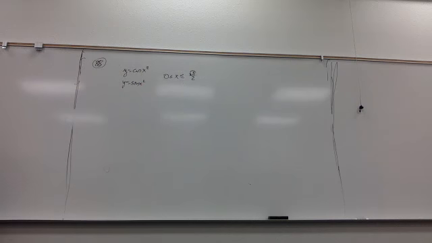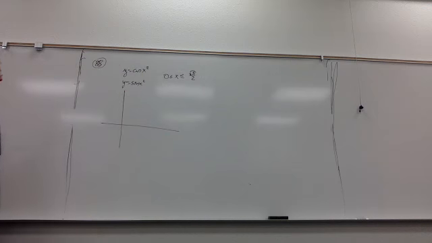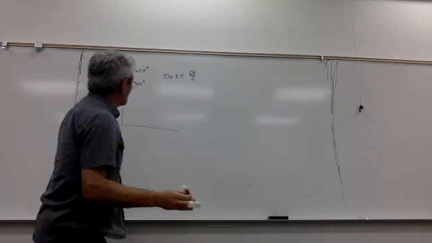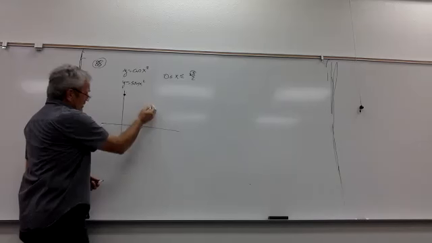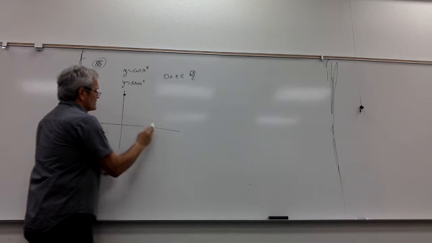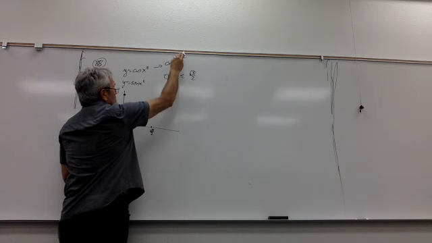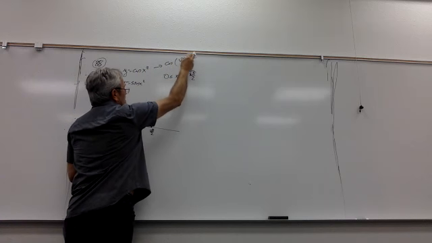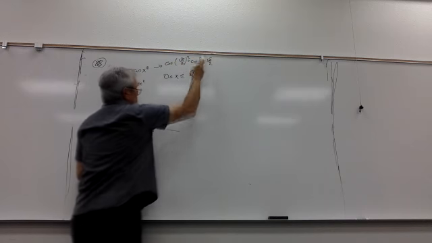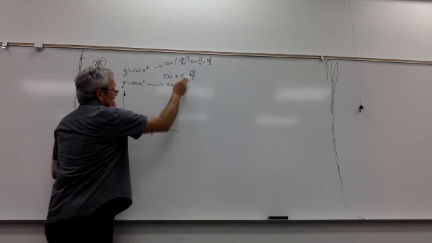So generally what happens, if you draw these two graphs, you know that cosine is at 1 and sine is at 0, and cosine goes down. And the question is, what happens at the end? At root pi over 2. When you plug it in, cosine of root pi over 2 squared is what? Cosine of pi over 4, and that's root 2 over 2. And when you plug into the sine, you get the same.